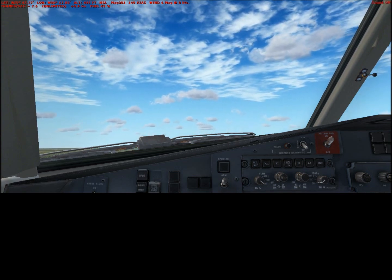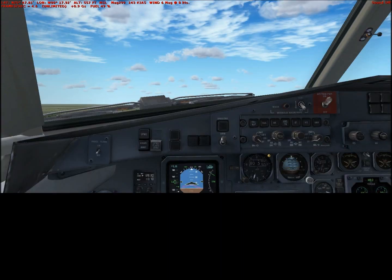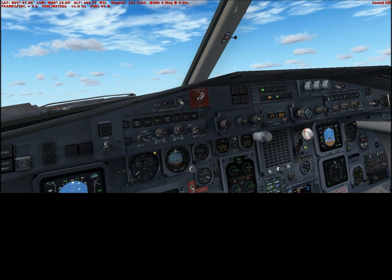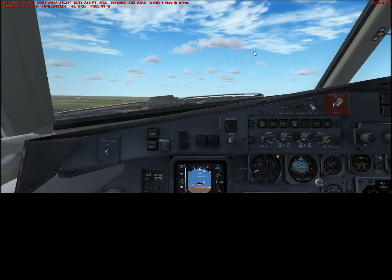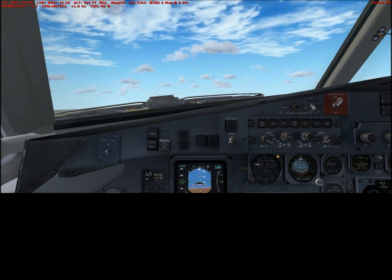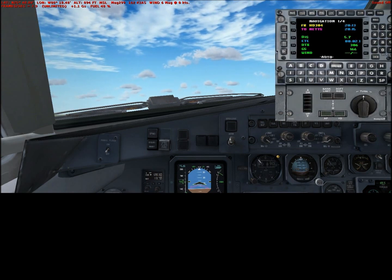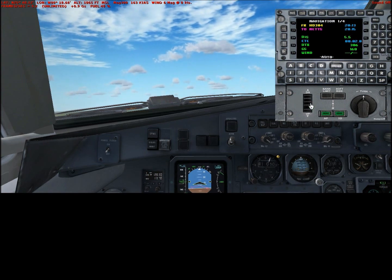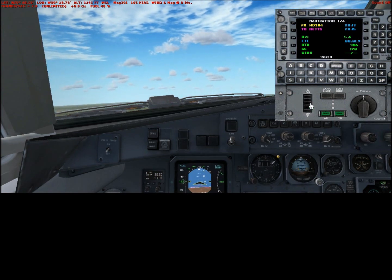Flaps up. Alright, so I just took off, put my gear up and my flaps up, and now I'm going to go ahead and press the heading. I'm going to turn my autopilot on. Remember that you're on heading hold. Your heading should be set to 304, like I told you in the last tutorial. Shift 3, press the autopilot button right there, and then you can also start pressing that down,